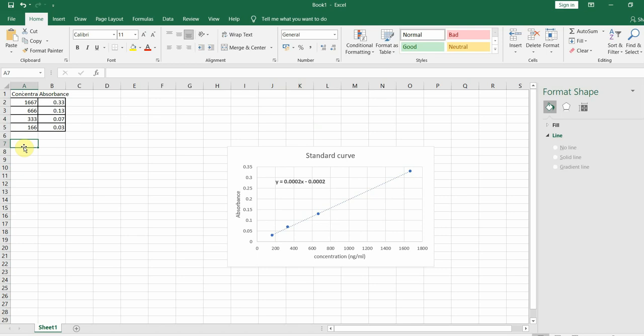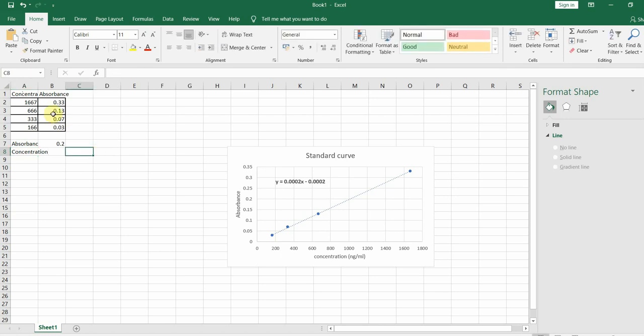So if I write it down, at 0.2 absorbance reading, this is my absorbance, and I want to find out the concentration. This is the absorbance of my unknown sample, and this is my concentration which I need to find out. I don't know which sample it is, so I need to find out the concentration of this sample.